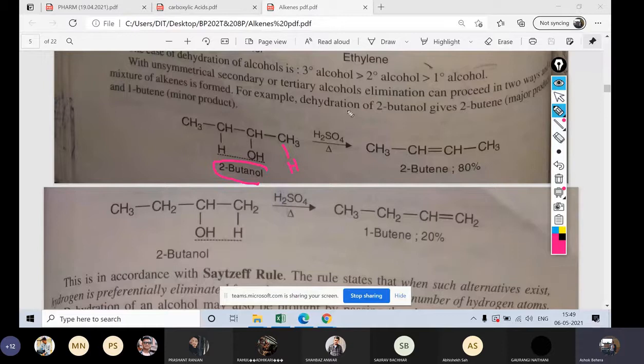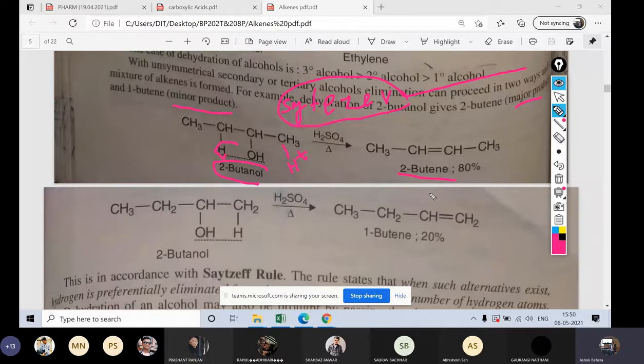So that gives the Saytzeff rule. What is the Saytzeff rule? Where does the Saytzeff rule come from? If I ask you in the exam to write a note on the Saytzeff rule, please explain this. From where is the hydrogen going to be removed? Which one would be the major product and which one the minor product in the dehydration reaction? It will be decided by the Saytzeff rule. So what does the Saytzeff rule say? The hydrogen is removed from the carbon with the lowest number of hydrogens, right? So it is going to be removed from here, not from here. Always remember. So 2-butene is 80%.